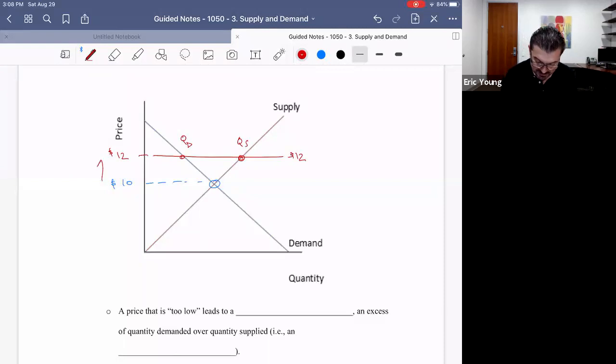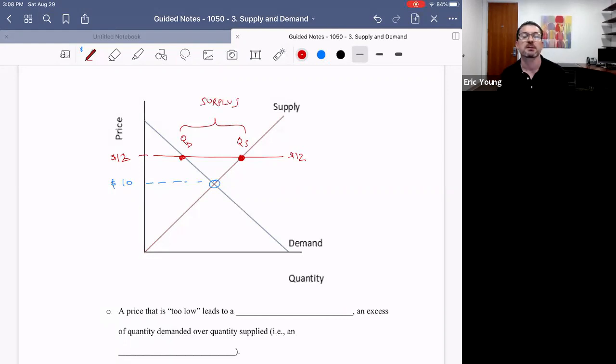So when the price is a little bit higher than it should be, the quantity supplied, let me get rid of this real quick. When the price is too high, the quantity supplied will be larger than the quantity demanded because sellers are incentivized to produce more at a high price while buyers are incentivized to purchase less. And that gap right there between the high QS and the low QD, that, my friends,